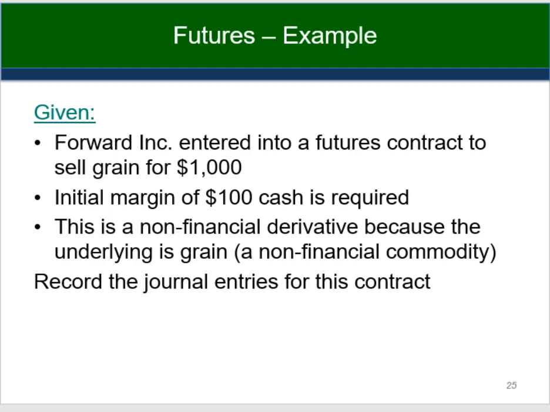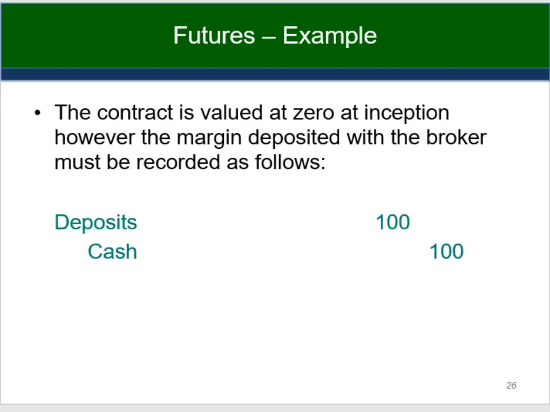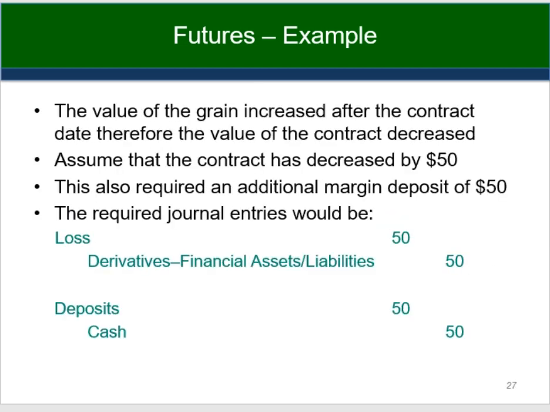we're going to sell grain for $1,000. So we've established a contract now. We could have sold it for a higher value if we had not had this contract in place. So therefore we've lost money. We've lost the potential of getting more. We still have the obligation to deliver the grain at that lower value. So that creates a financial liability. So the derivative would be valued at $50 liability, and the loss would be recorded at 50.